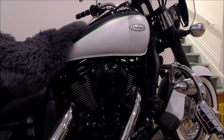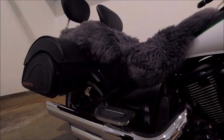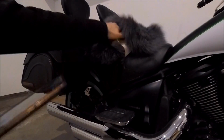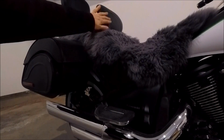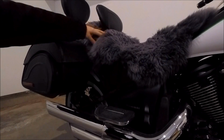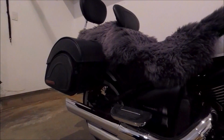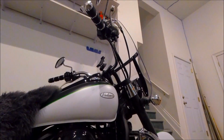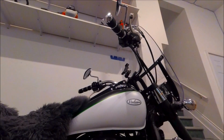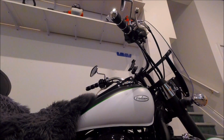Next thing I did, I replaced my seat, and I ordered a Mustang touring seat. It's quite interesting. You cannot see much here, but it's a Mustang seat with the driver backrest. I love this one because it's really helping to support your low back. There were a couple of things with the Mustang seat. It actually moved me slightly up and back, so my reach to the handlebars was slightly different. I had to lean forward a little bit to get to the bar. So I decided to replace my